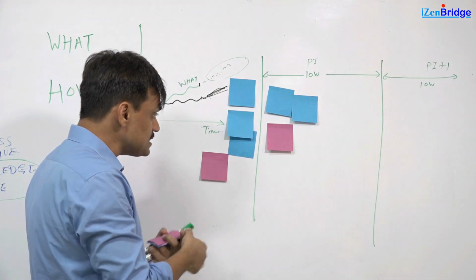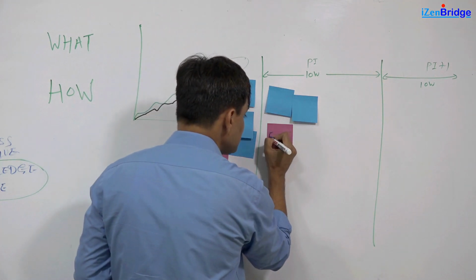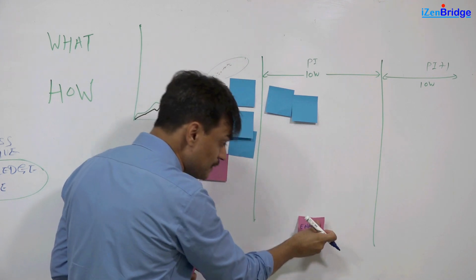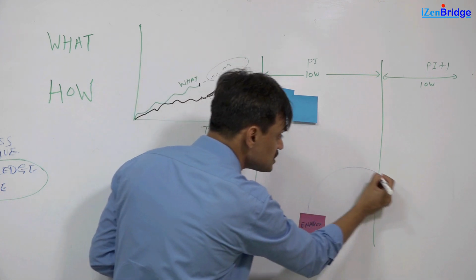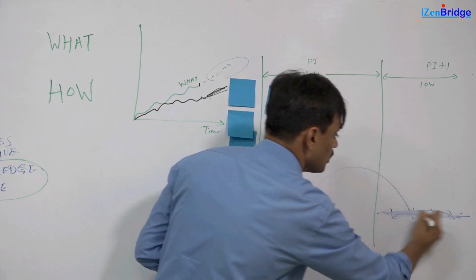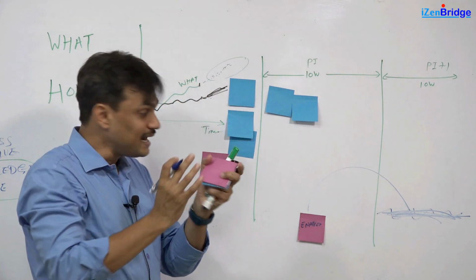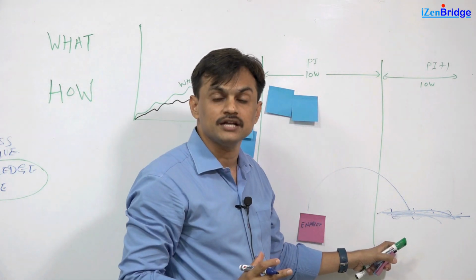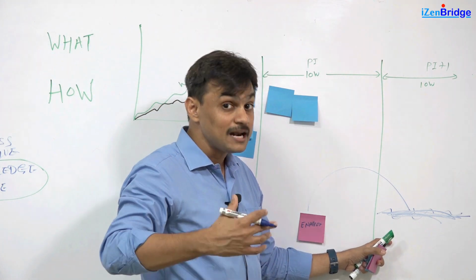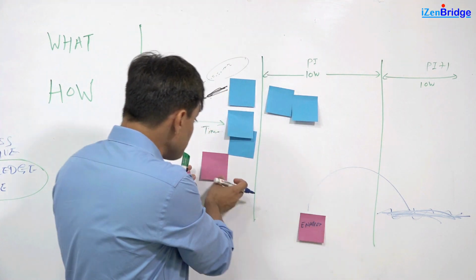So the blue features are called the business features and these are called enablers. So enablers are something which will get developed now, but they are creating an infrastructure or a foundation for the next program increment business features. And this is the concept of architectural runway. Using this metaphor of architectural runway helps us in communicating this to the stakeholders well, that the enablers, the items